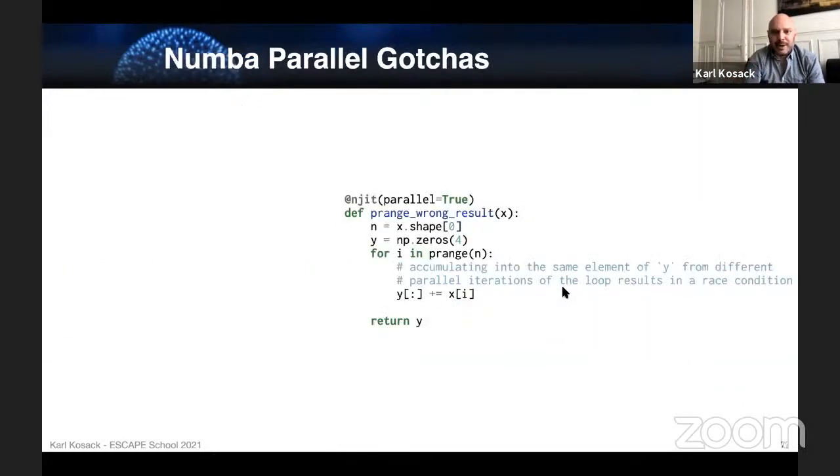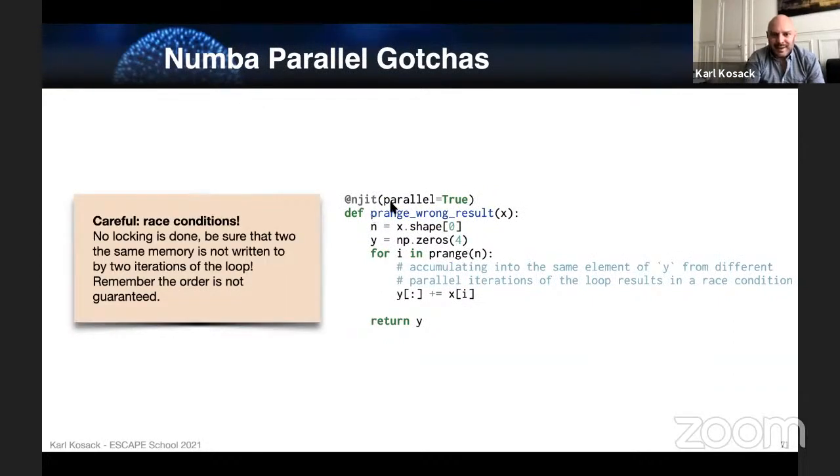Now, there's a problem here. If you do this, for instance, like this, this is an example, I think, from the Numba website. Here's NJ pair equals 2. I have n and y defined here as kind of shared memory. And remember, this is running in parallel.